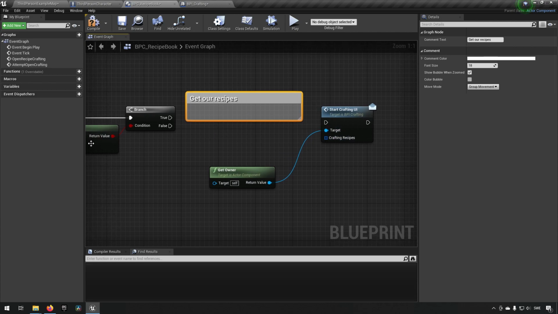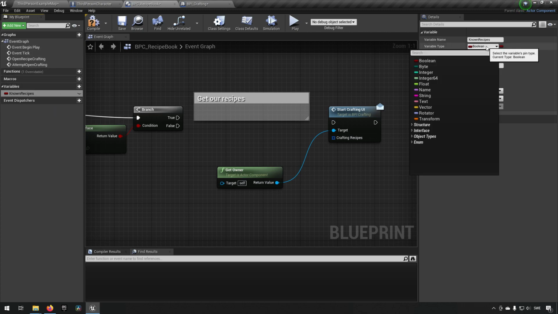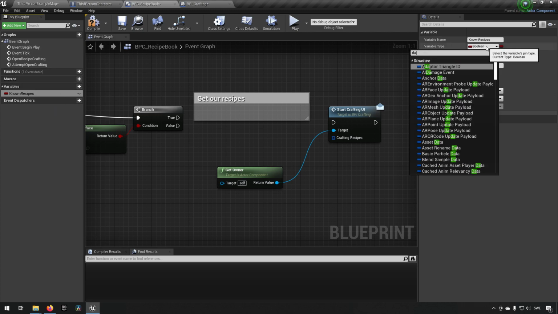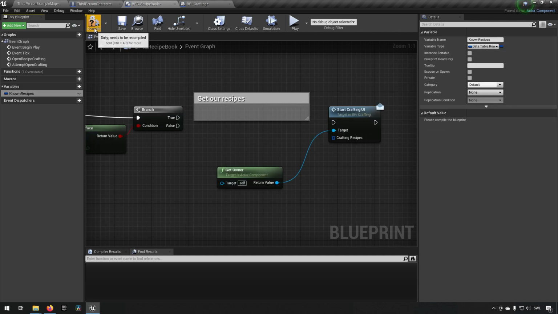So first let's start off with, how do we get our recipe list, or how do we get the recipes that we have available to us? Well, one of the things that we can do is we create a variable here which represents our known recipes. So this will be the knowledge of the player essentially. We will make this of the type data table row handle and compile that,